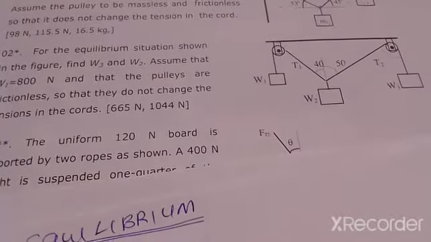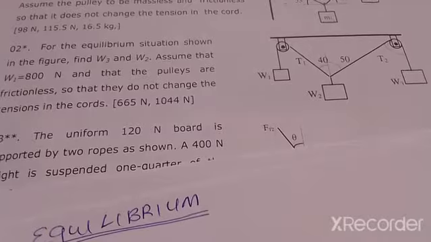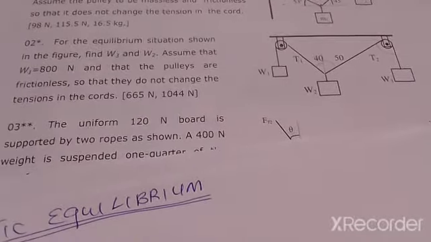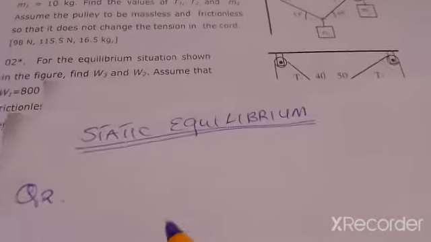Assume that W1 is 800 newtons and that the pulleys are frictionless so that they do not change the tension in the cords. Okay, so we have this system here. Now this system, if we redraw it, we'll end up with